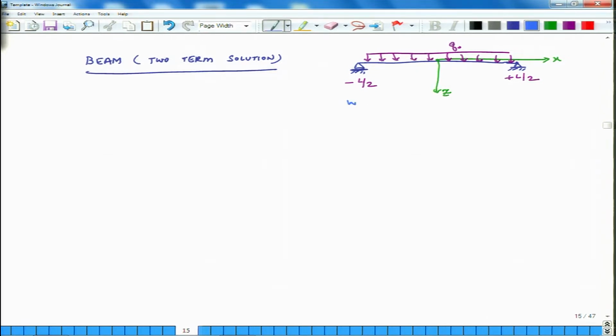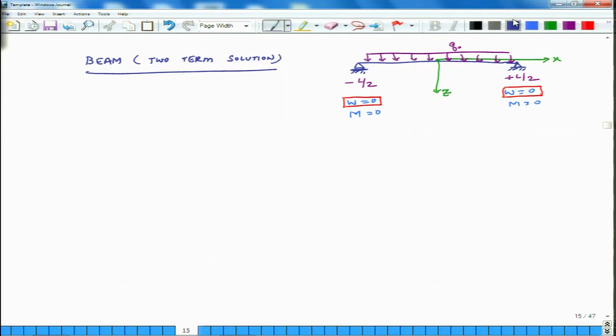The boundary condition is that W is equal to 0 at this end, and also the moment is 0 at this end, and W is 0 at this end, and the moment is 0 at this end, because it is simply supported on both the points. And to remind you, if we use virtual work, then we will only worry about the kinematic boundary conditions, that is boundary conditions which relate to displacement and slopes. Kinematic boundary conditions do not relate to forces and moments. So we will worry only about W is equal to 0 at both ends.